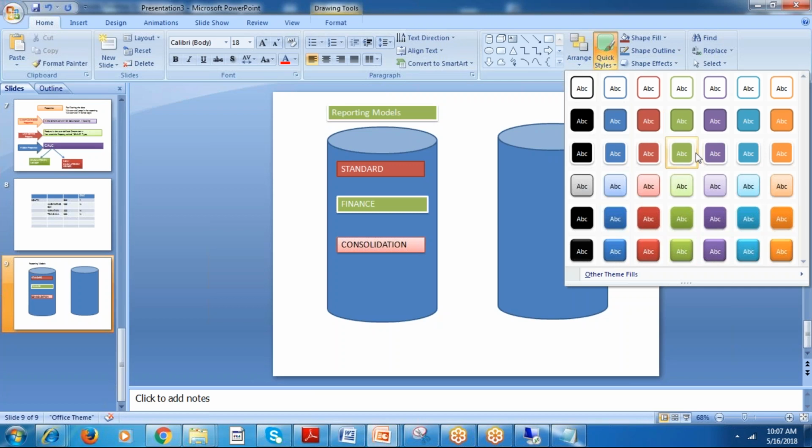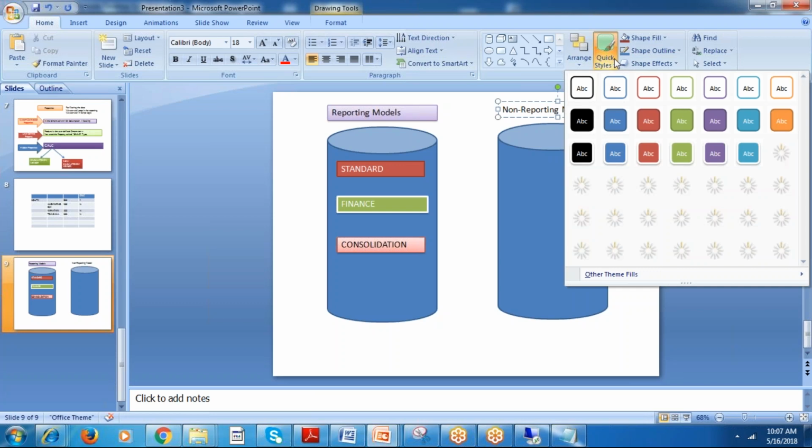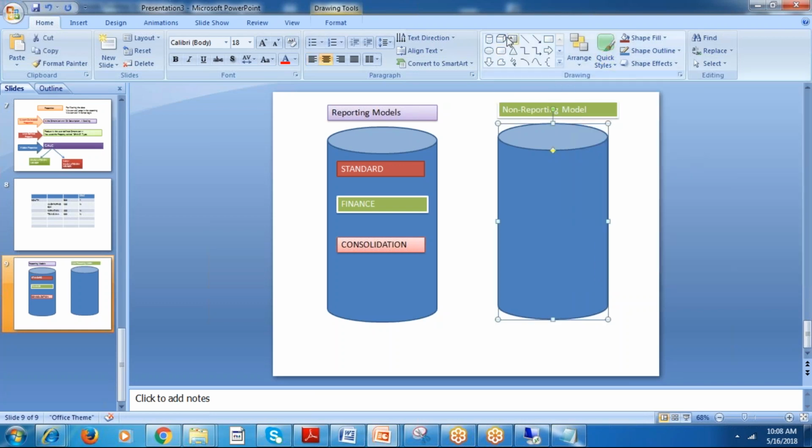This is the non-reporting model. So here we have the exchange rate model, exchange rate model and ownership model.